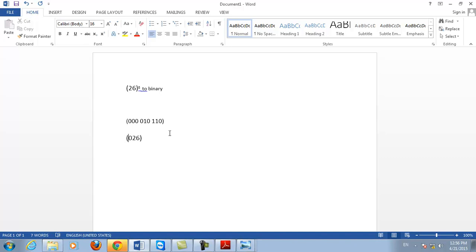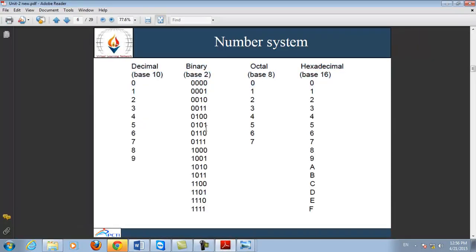Means this is a shortcut method. You can find out the octal number of a binary number by making groups of 3 binary digits, and similarly to convert octal to binary, you can take the group of 3 digits from the binary table. Similarly, in case of hexadecimal, the group of 4 digits will be taken. Just as we took groups of 3 digits in octal, in hexadecimal you have to take the group of 4 bits.